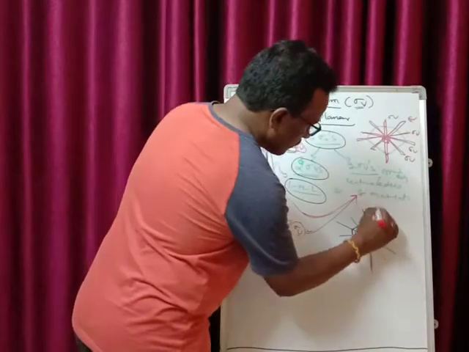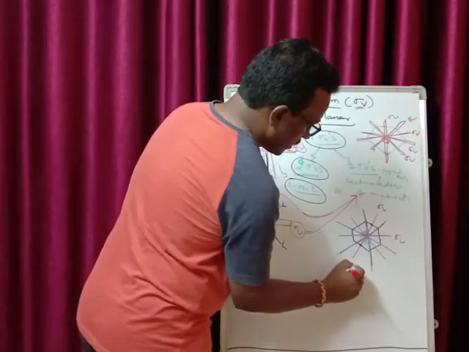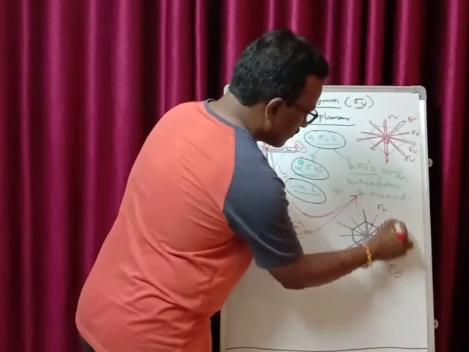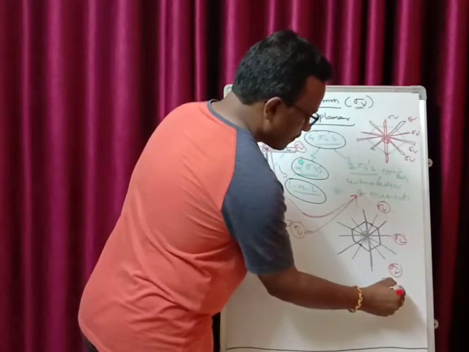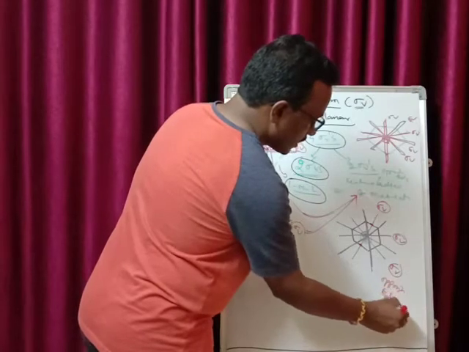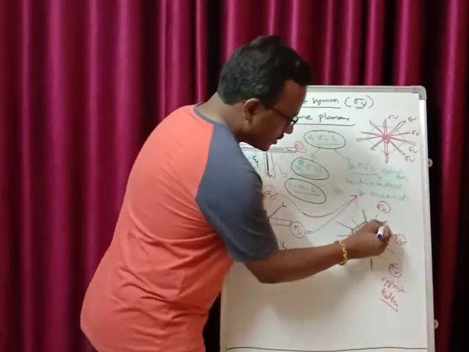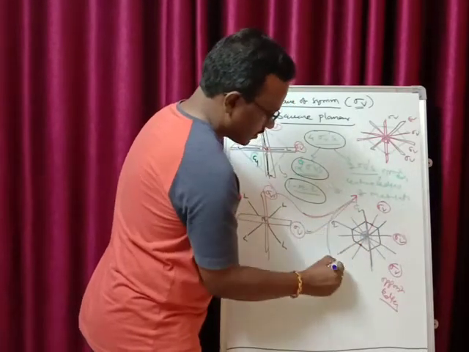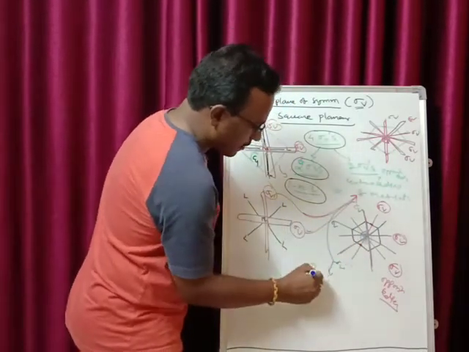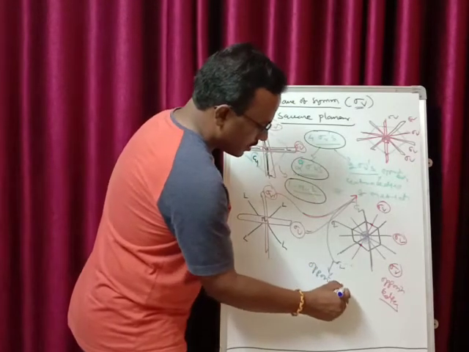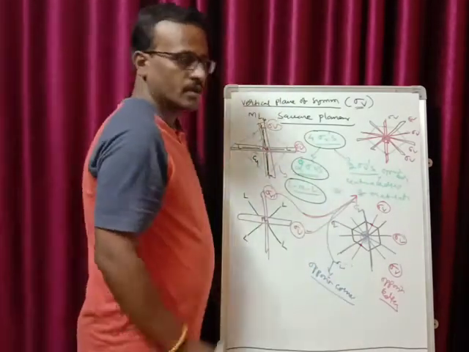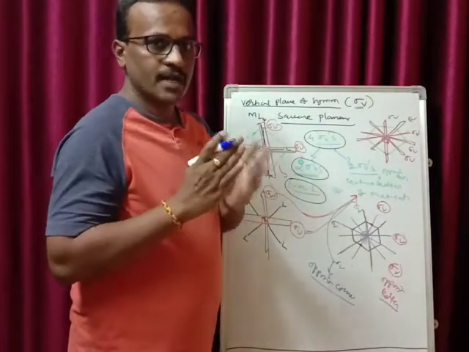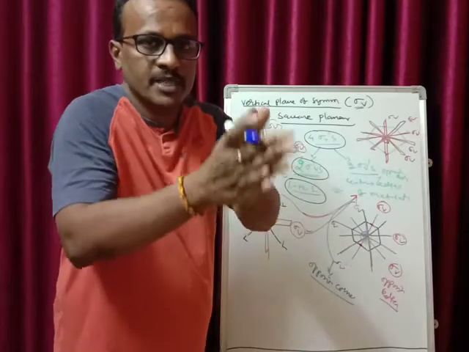So you can see sigma v, and sigma v. These 3 sigma v's are passing through the opposite edges, whereas these 3 sigma v's, sigma v, and sigma v, they are passing through the opposite corners. The only condition in all these examples that we have discussed is that your plane of symmetry should run parallel to the principal rotational axis of symmetry.